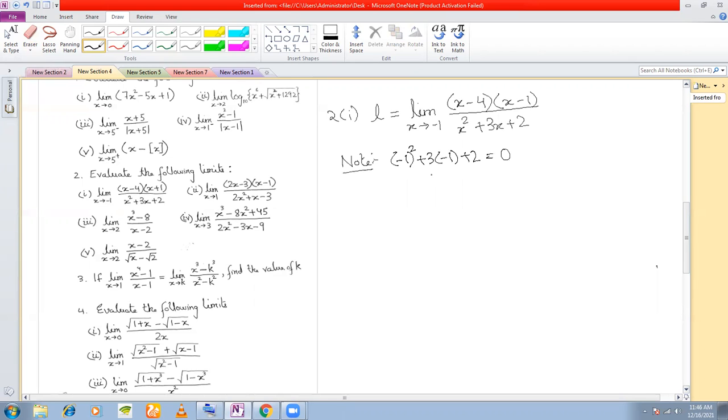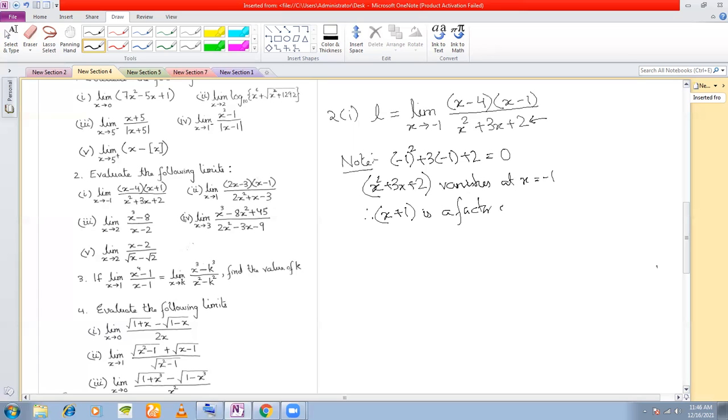This comes out to be 0. That means this polynomial x square plus 3x plus 2, that is this quadratic polynomial, vanishes at x is equal to minus 1. That means x by factor theorem, x plus 1